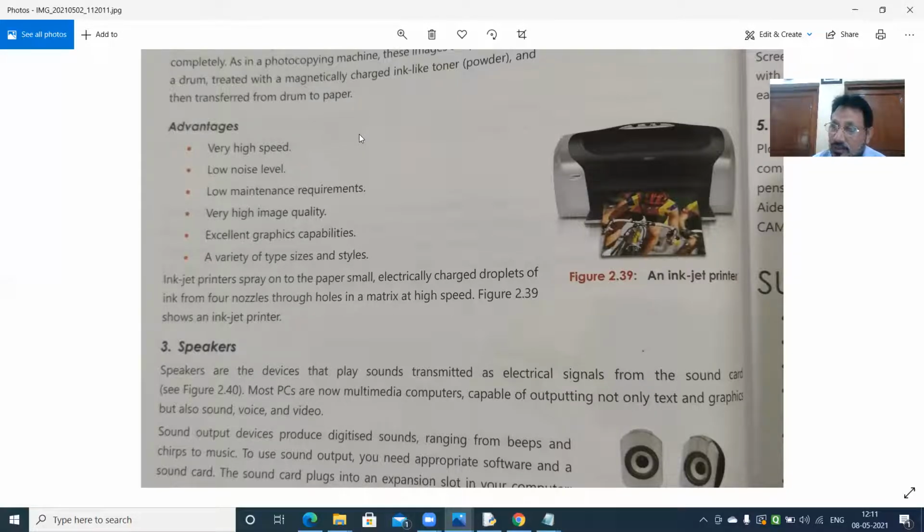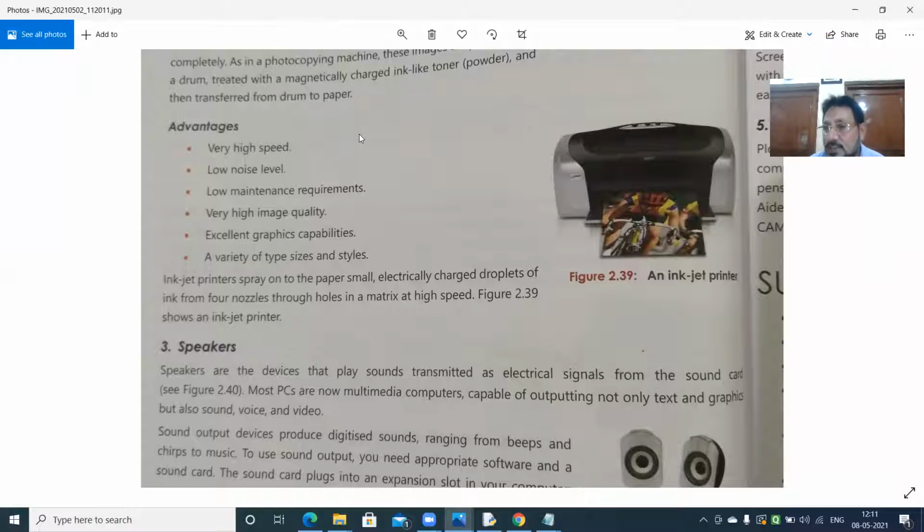Low noise: obviously, in a dot matrix printer, every time it hits a character, you get a noise. But in this, you hardly get any noise. Maintenance is also very low; as long as you have toner, it works. Next, image quality is very high, and there is excellent graphics capability.